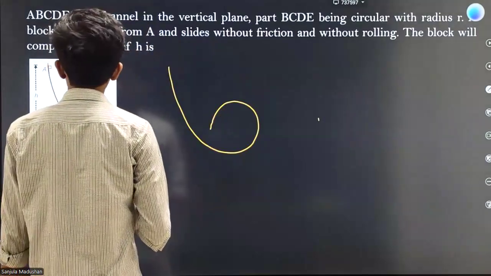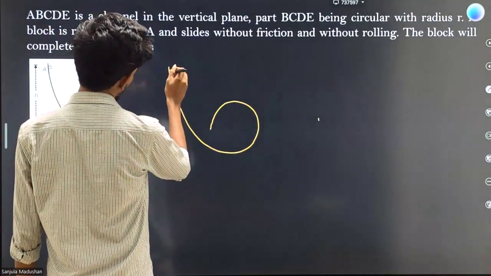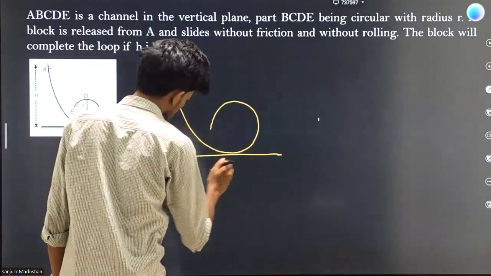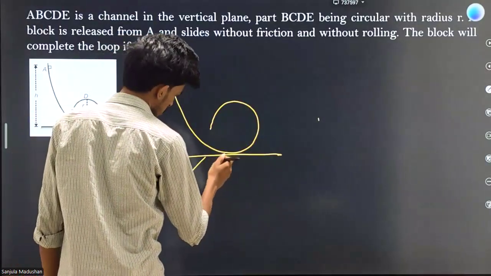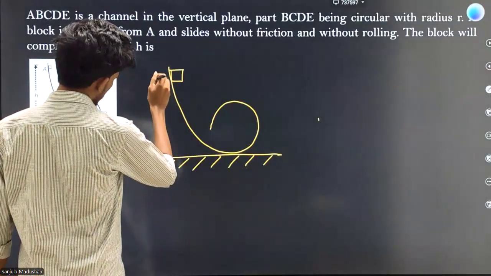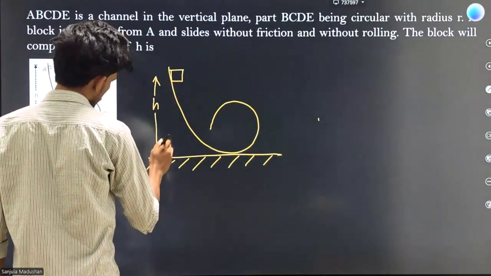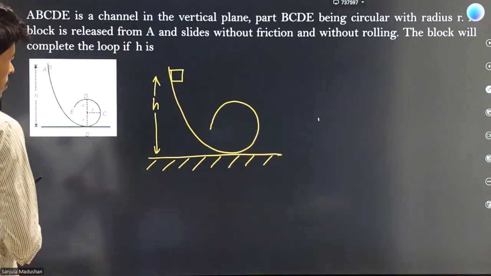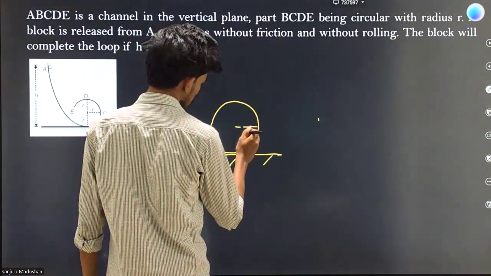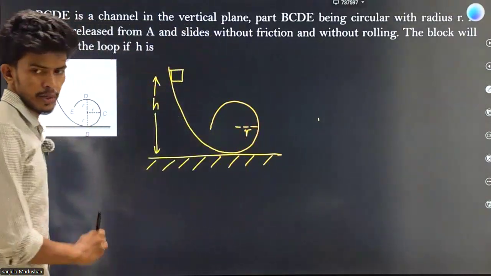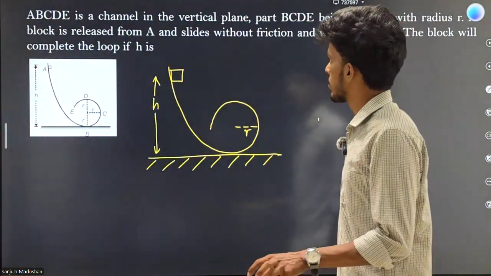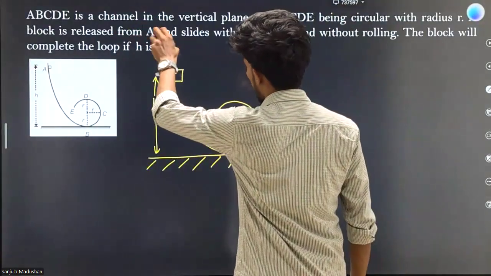A block of mass m is released from a point h above the horizontal ground. So this height is h. Also, the radius of the circular path is given as r. So what is being asked in this question is, the block is released from A and it slides